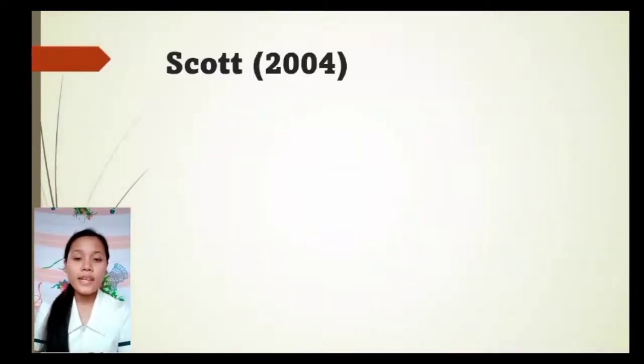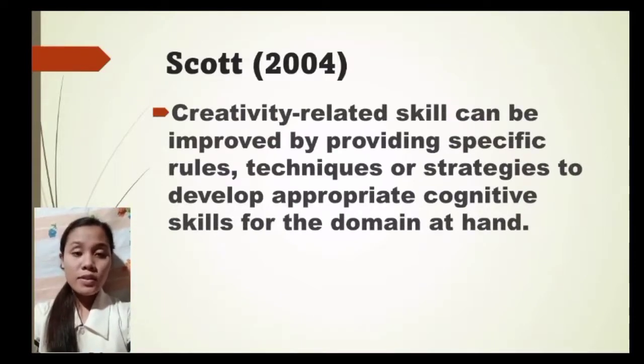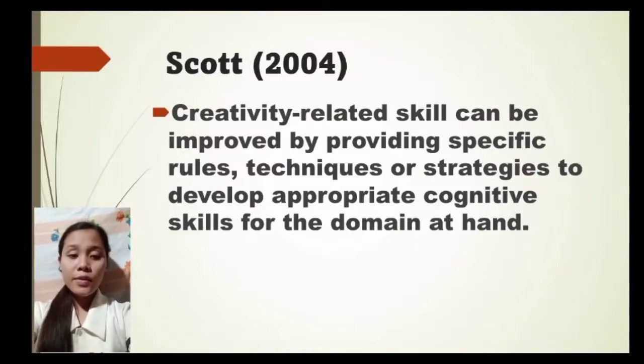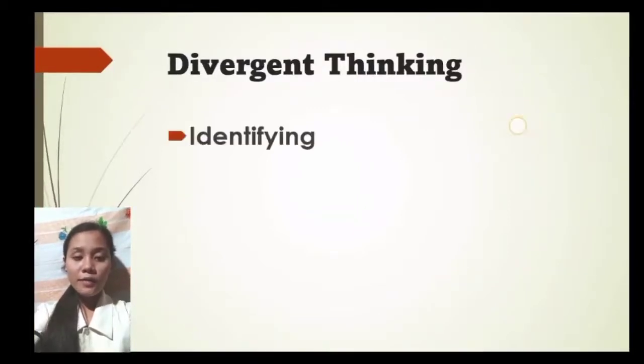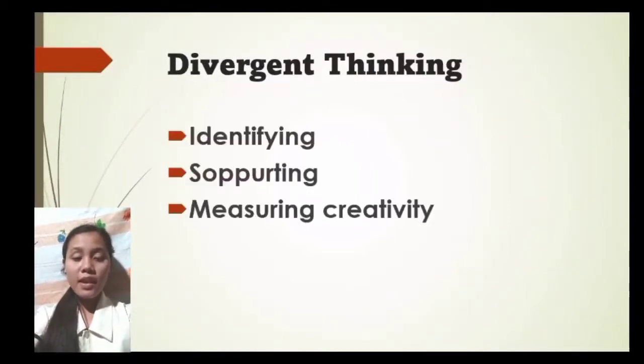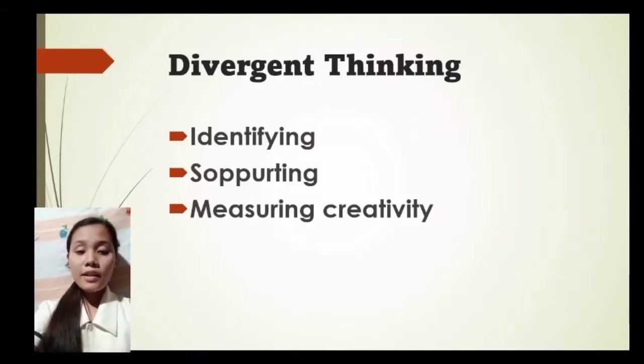Scott in 2004 cited that creativity-related skills can be improved by providing specific rules, techniques, and strategies to develop appropriate cognitive skills for the domain at hand. This could be realized through creative ideation, training, and divergent thinking experience. Divergent thinking is a useful concept for identifying, supporting, and measuring creativity as a process of actualizing oneself, manipulating internal and external symbols as creation of illustrative ideas based on his or her knowledge sense regarding people and objects to produce